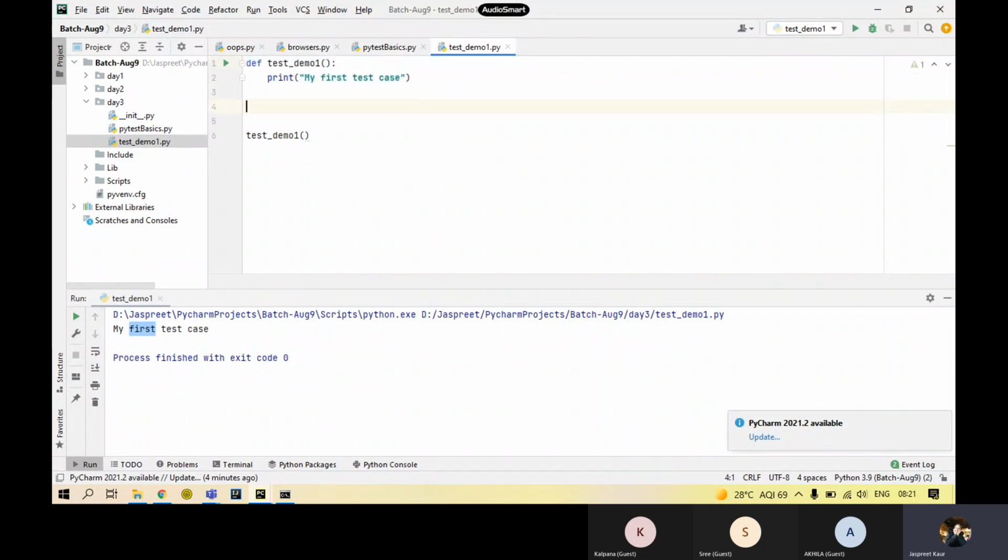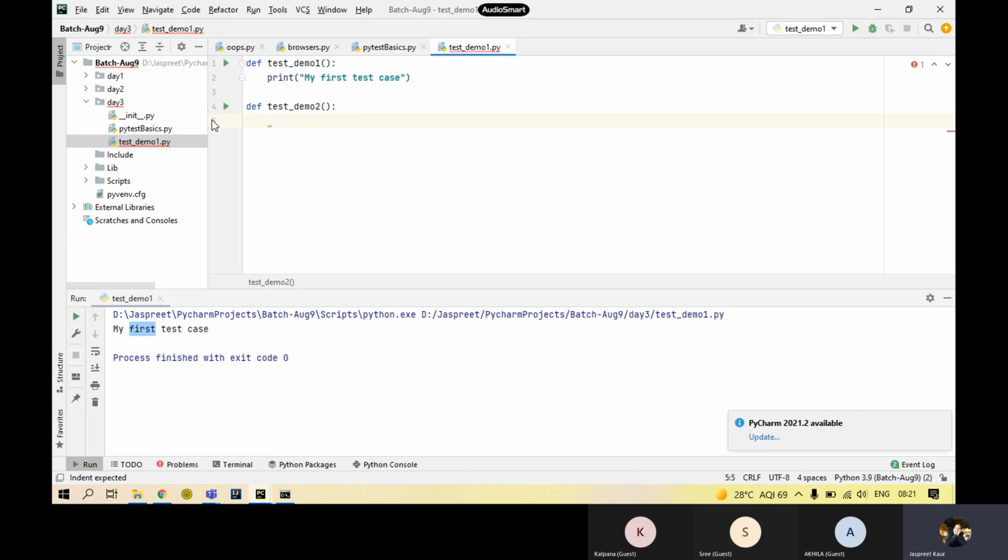If I have more functions over here, let me remove this function here. And I'll make one more function, test 2. In front of this function as well, you can see I have got the run option. That means from a single file, I can run a specific function.